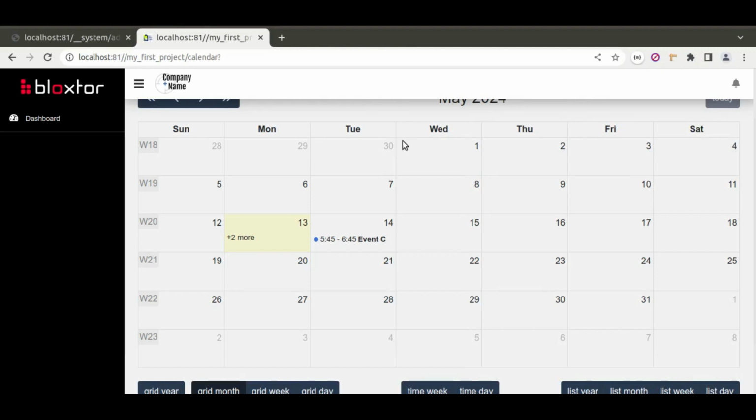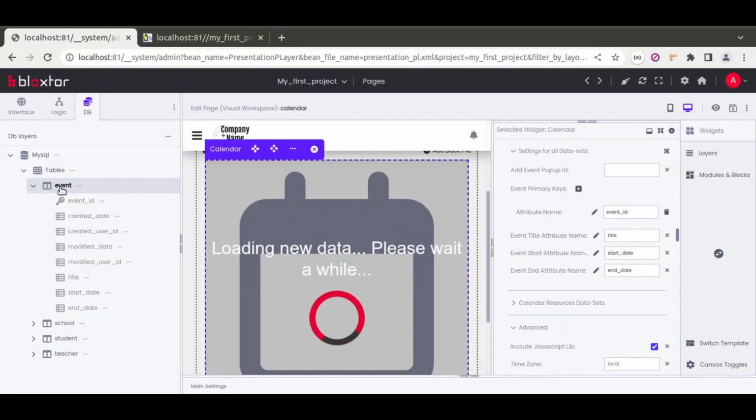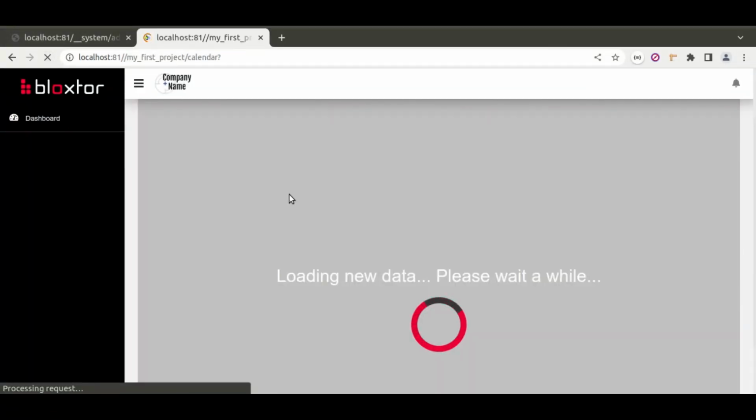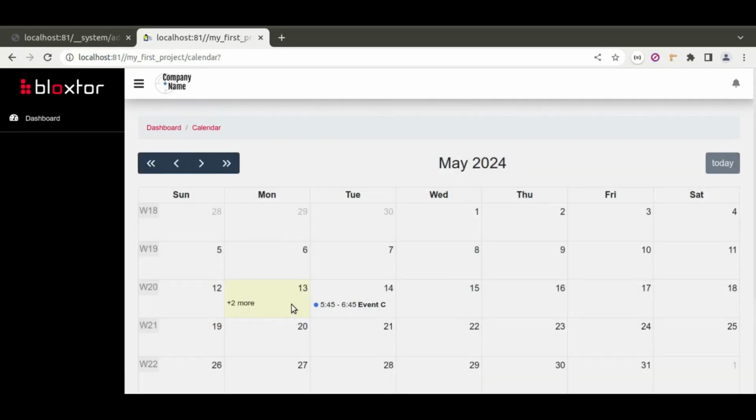Hello! This tutorial is a continuation of the previous tutorial where we created this page which shows a calendar that fetches the events from the database. Basically, we created a table, this table here, the event table, with these attributes, and then we added some hard-coded events in the database, and we configured this calendar here to fetch that specific data. As we can see here, every time that we refresh the page, every time that the page loads,